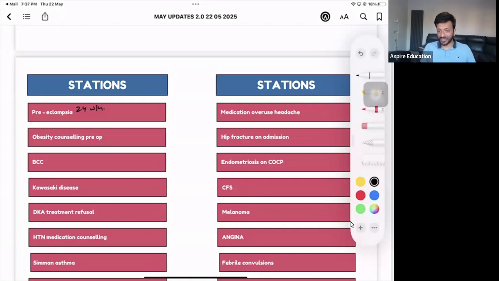But in our exam, they are giving some presenting complaints as well. This patient has got headache. This patient has got slight tummy pain as well. So headache, tummy pain, and I would like you to ask more questions on preeclampsia. So what are the symptoms of preeclampsia? Headache, blurring of vision, nausea, vomiting, tummy pain, vaginal bleeding, swelling in the ankle as well. So ask all these questions and see what's positive.